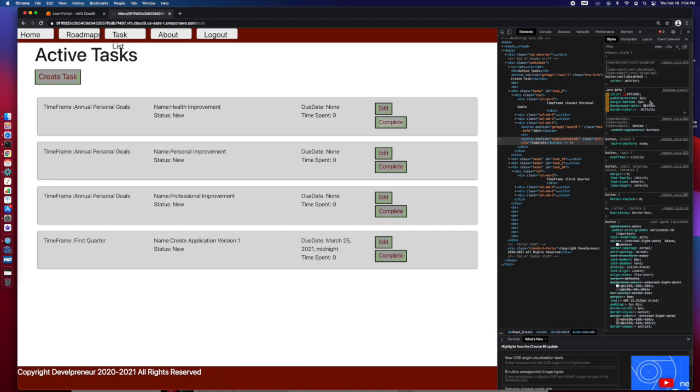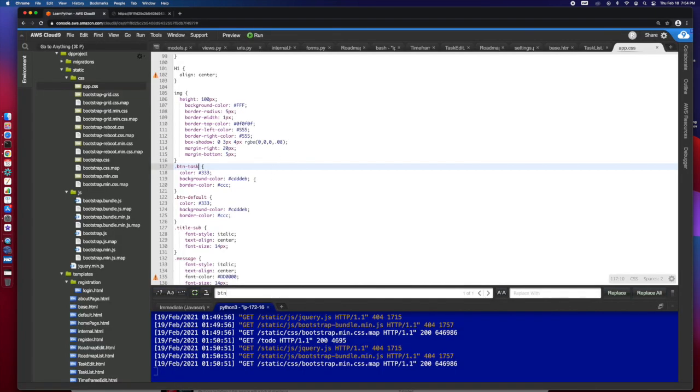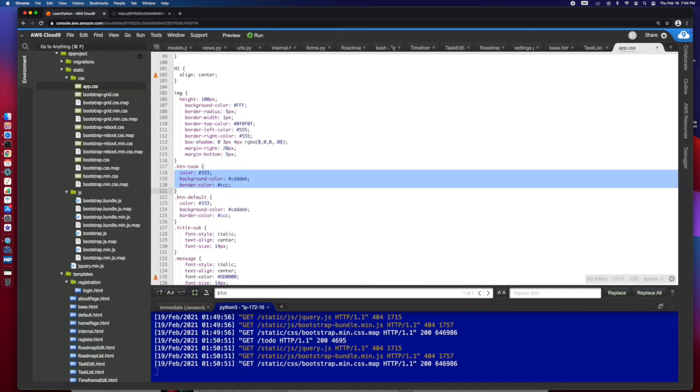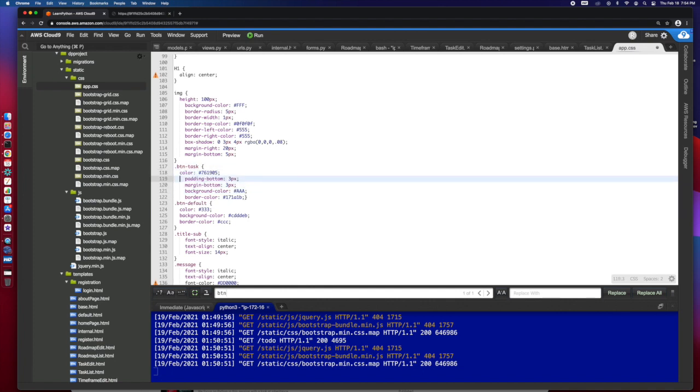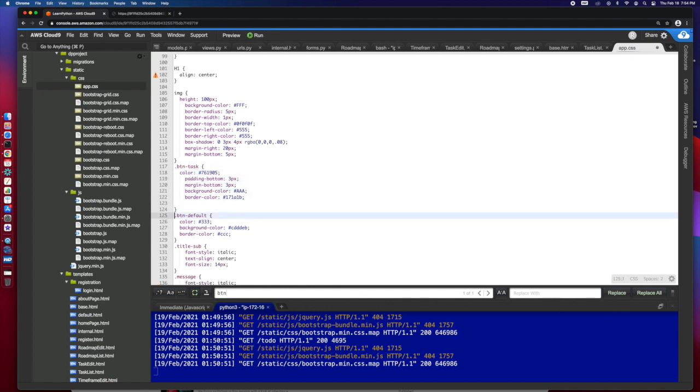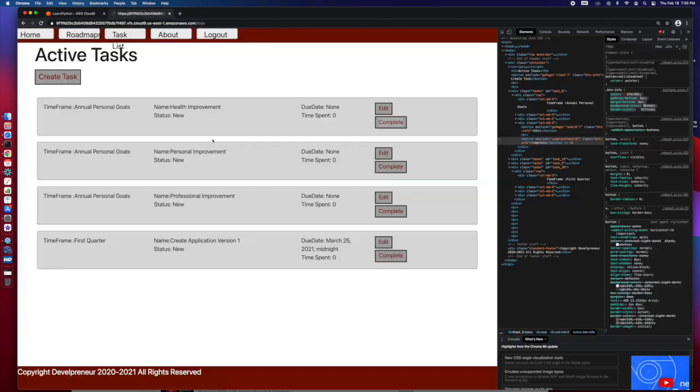And we're going to change the width. Well, let's sit this way. I'm going to take all of that, and I'm going to steal that, and that's going to become my button task. And I'm going to set a width of, I don't know what I want my width to be. Let's set it to 50 pixels and see what it looks like. So if I do that, and then reset,